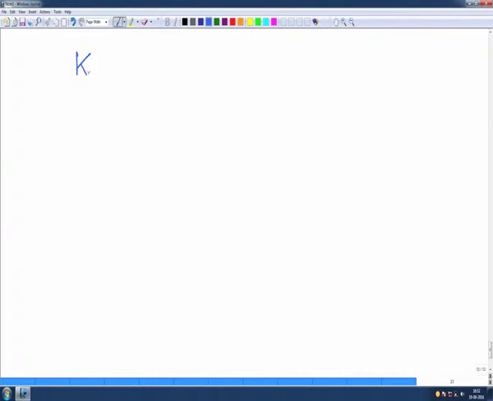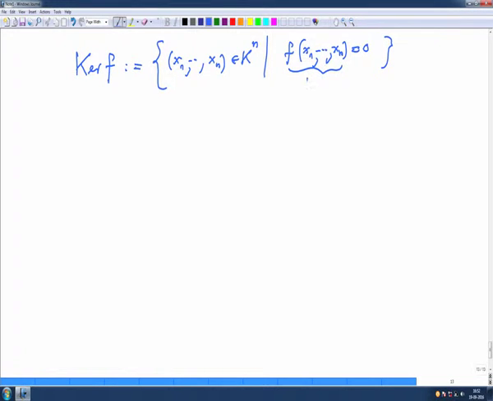So, the kernel of f is precisely, by definition, all those tuples x1 to xn in K^n such that f of x1 to xn is 0. This is precisely the definition of kernel. But what is this f of x1 to xn? By our definition it is a1 x1 plus ... plus an xn. So, therefore, a hyperplane is nothing but a solution space of one linear equation in n unknowns.